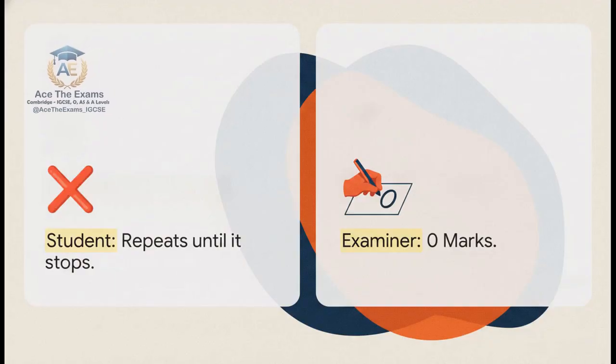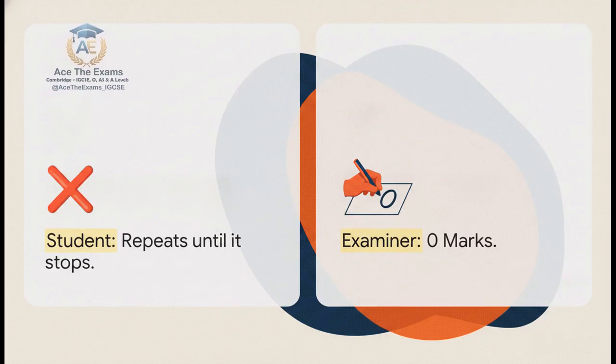Look at the comparison here. On the left, we've got a classic everyday student answer. The loop repeats until it stops. Now, technically speaking, it's not wrong, but look on the right. The examiner gives this 0 marks. Ouch! The painful reality we have to face is that Cambridge examiners just don't reward what you might think they